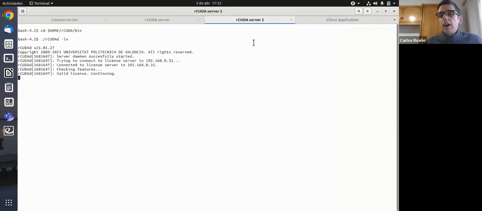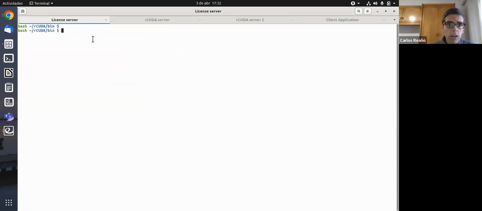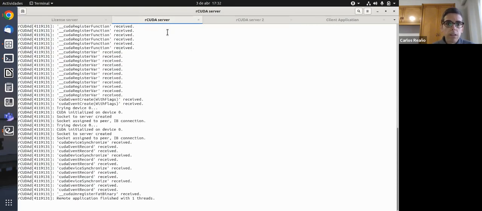In this case, I would also like to highlight that you could imagine this is a new server that we have just added and it has newer GPUs. So this could be also a potential benefit from Arcuda. Imagine that you have a legacy cluster and then you attach a new box with new GPUs, then all the nodes in the cluster will be able to use this newer box with the new GPUs. Okay, then. So yes, let me keep alive these terminals.